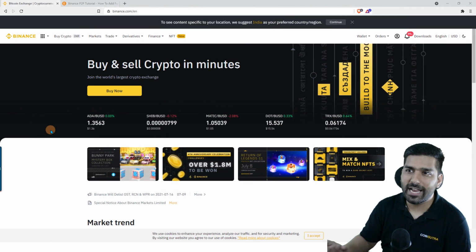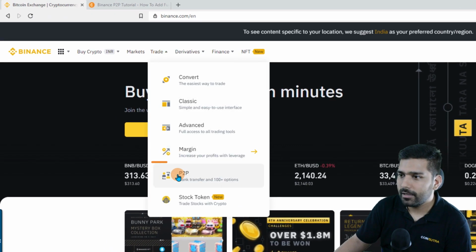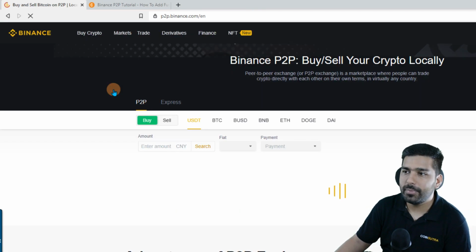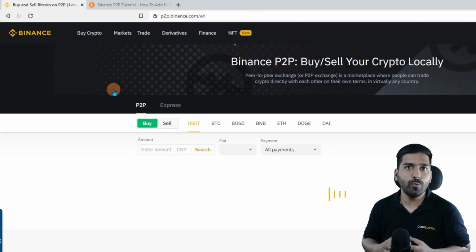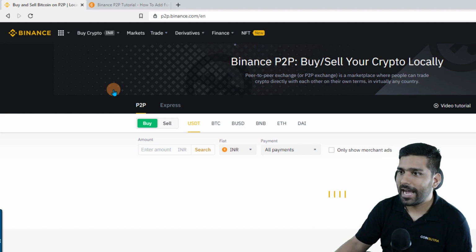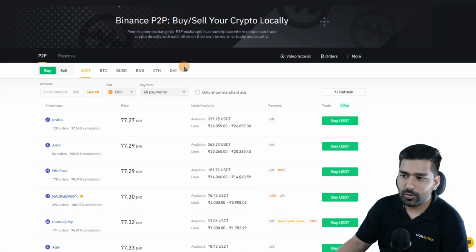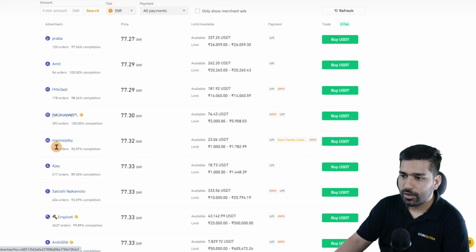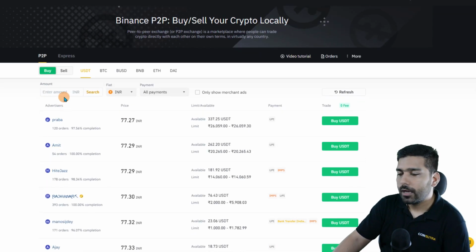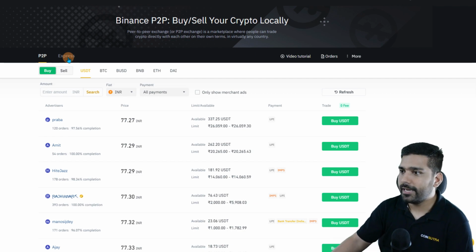Once you log into your Binance account, you can reach the P2P market either from Trade and clicking on P2P, or directly from Buy Crypto and P2P trading. Now there are two methods by which you can purchase crypto assets through P2P: either through the P2P option or an Express option. On the P2P option, you will get various sellers amongst which you can choose one which suits you, or else you can simply click on Express and Binance will do this job for you, right?